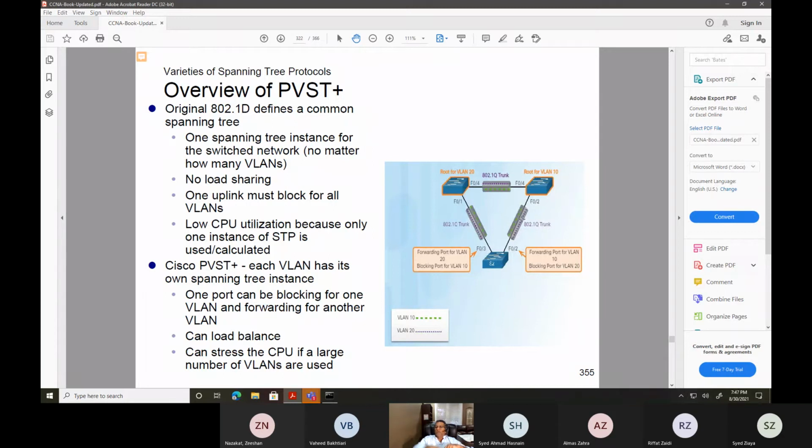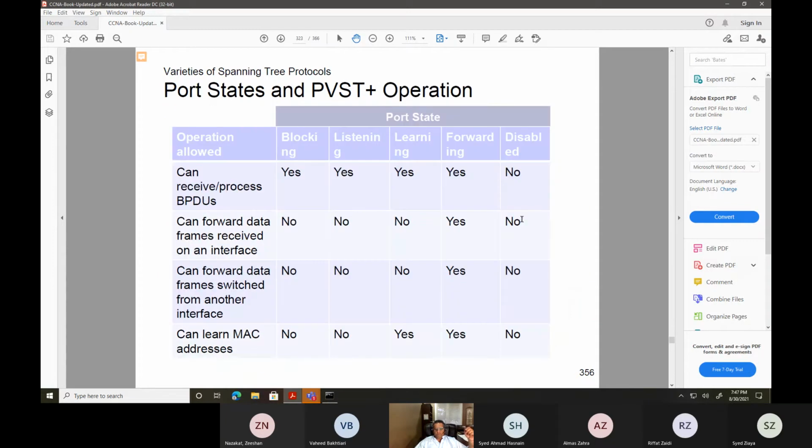That's the example here. On the other link, block 20, forward 10. So you're balancing your path. You're saying send only VLAN 10 from here, send VLAN 20 from here, and block the other VLANs. That's exactly what they're saying. Blocking, listening, learning, forwarding state, right?